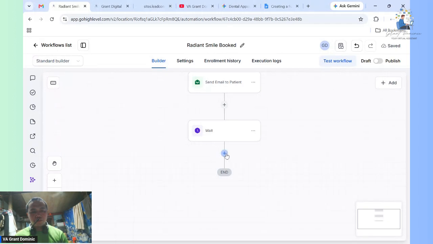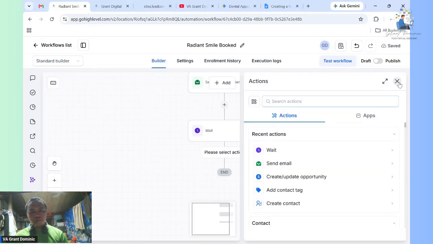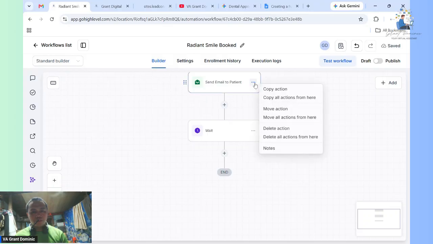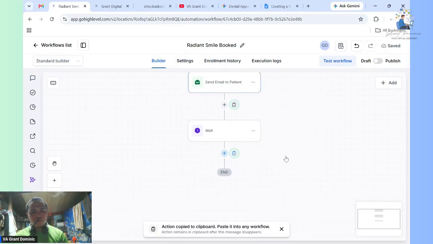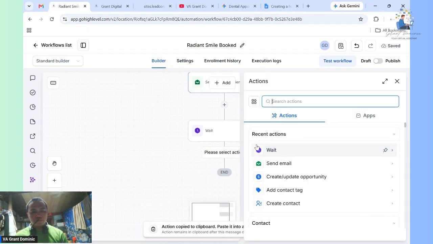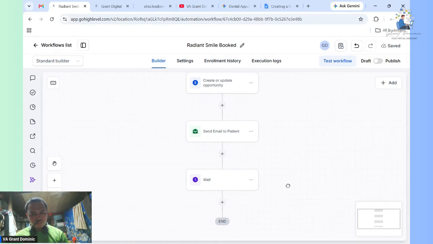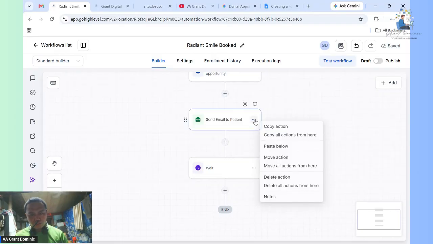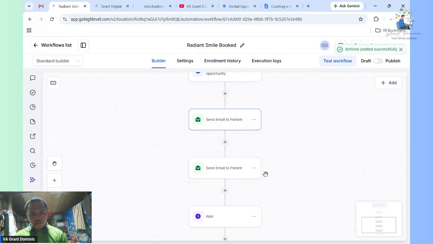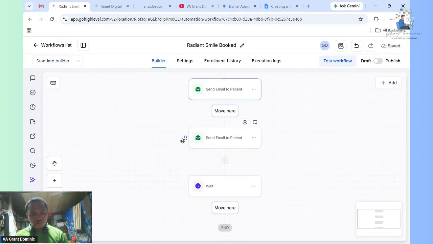So after the wait, we will send an email again. So we'll copy this. Copy action. Why is it not copying? Paste below. Nice.